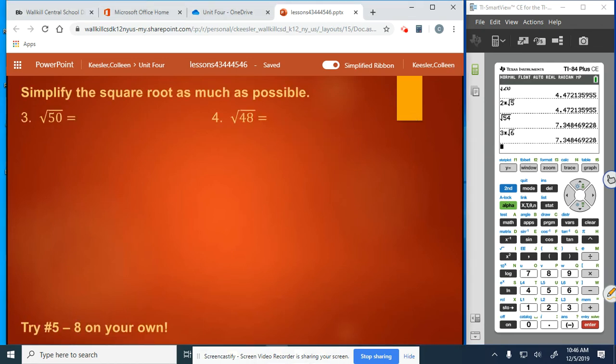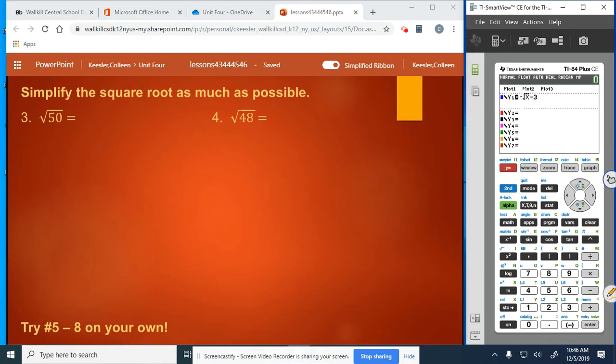Number 3, we have square root of 50. Now, 50's got a lot of factors, so I could go into my table by going to y equals, clearing what's there, and do 50 divided by x, and then pull up the table. And all of these are going to be factors